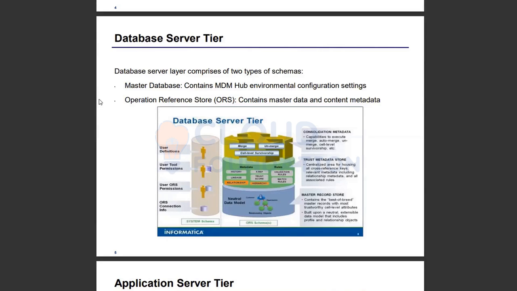Also which users have been created, and which particular user has what tool access. Those kinds of areas will be stored in the master database. Whereas your ORS database will handle your data, your entire model configuration, the users' roles and the relationships between them, and other metadata which will be created inside the ORS.